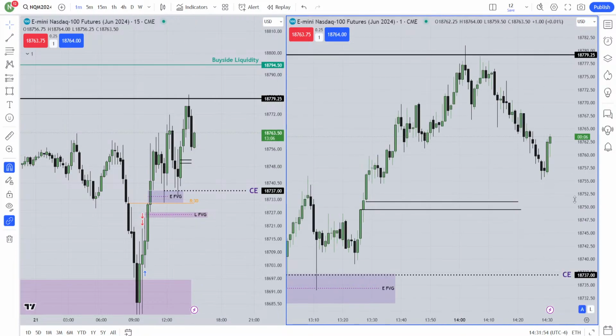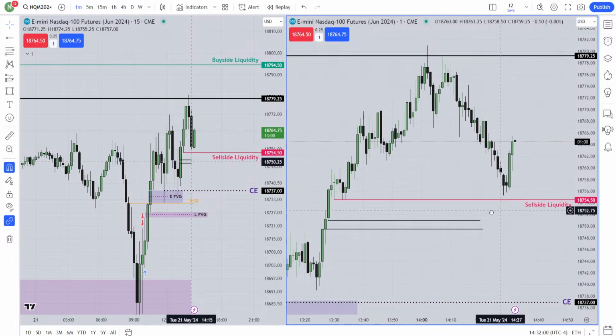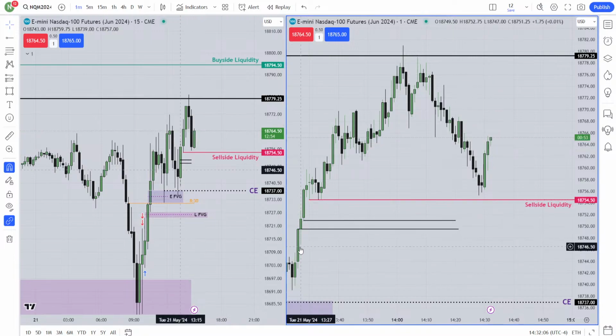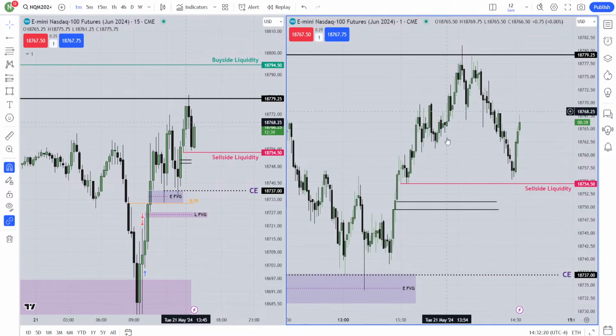I don't think that it has done its lower job. See this sell side liquidity, it has made this sell side liquidity, so it should take that sell side liquidity, reaching any of these fair value gaps like yesterday. That doesn't mean you will look for a sell. Please be careful about trading right now. Price action is not so cool. It's really difficult, so you have to stay with a lot of patience. You have to keep that in your mind.